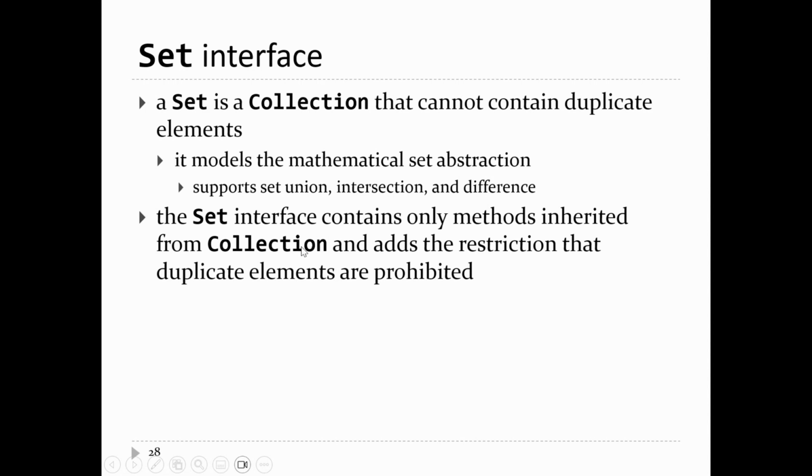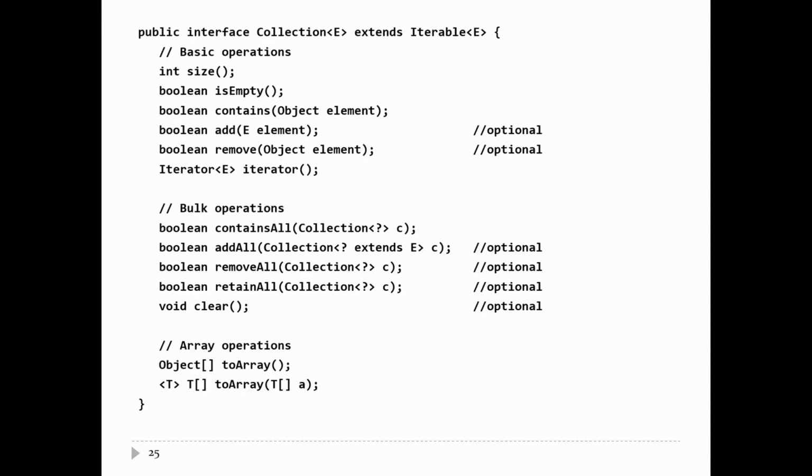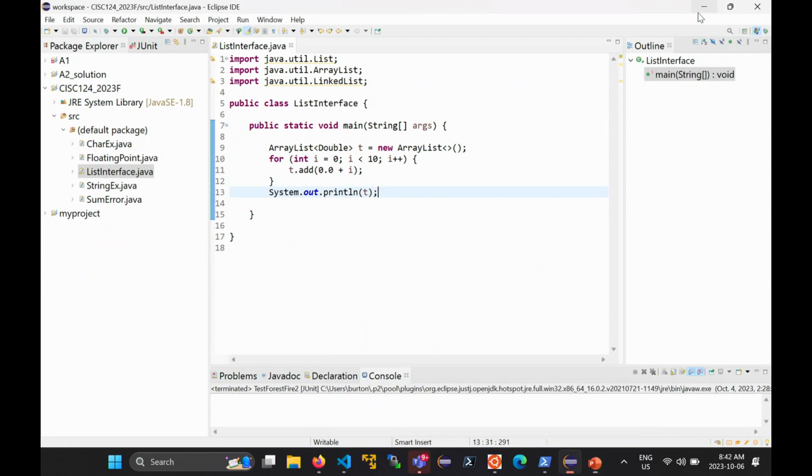The set interface only contains the methods from the collection interface. And then it adds the restriction that you cannot have duplicated elements in the set. So set, its interface is the same as collection. I can ask for the size of the set. I can ask, is it empty? Does it contain an element? And so on. In its add method, the add method says that you cannot add two elements that are equal to the set, because the set is supposed to represent a collection of unique elements. And so set is what I want to talk about today. So that's the lecture deck